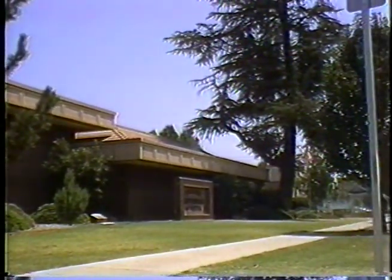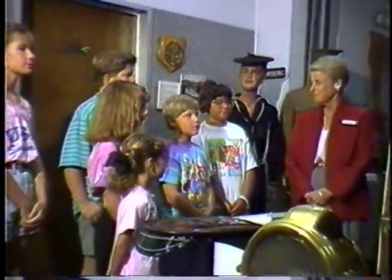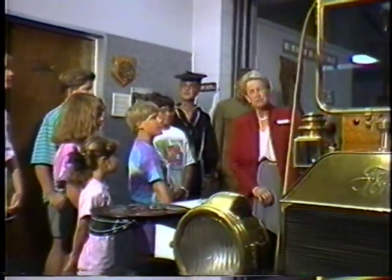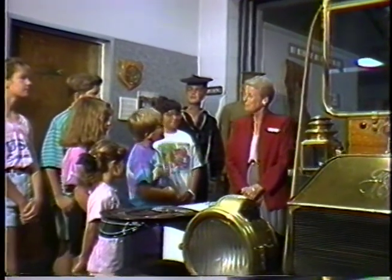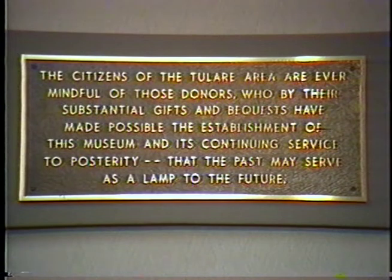It was opened in 1985. The museum building and its contents would not have been possible but for the wholehearted financial, physical, and moral support provided by the entire community of Tulare and the help of the Tulare City and county governments. The Tulare Historical Museum